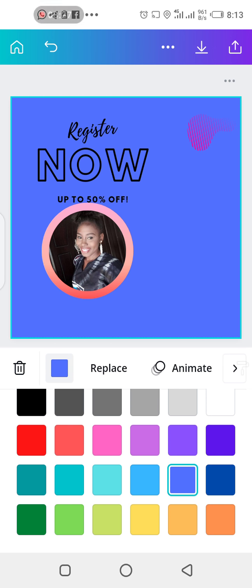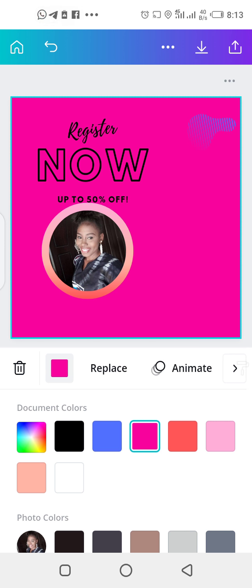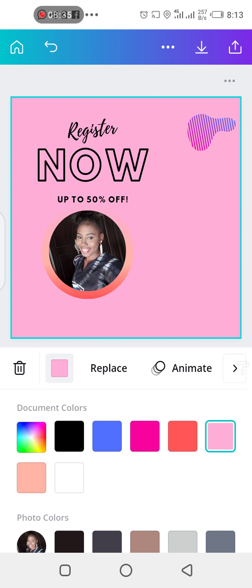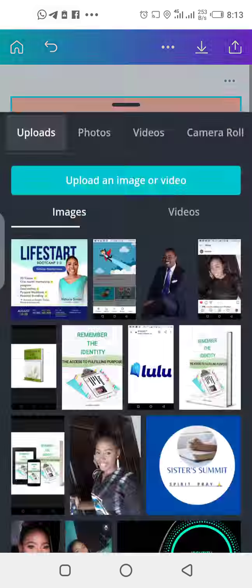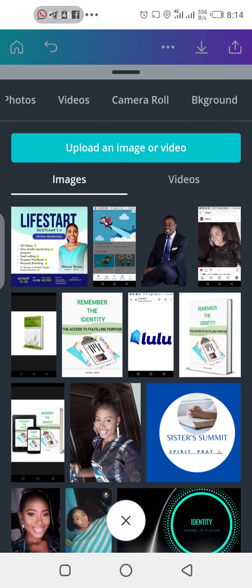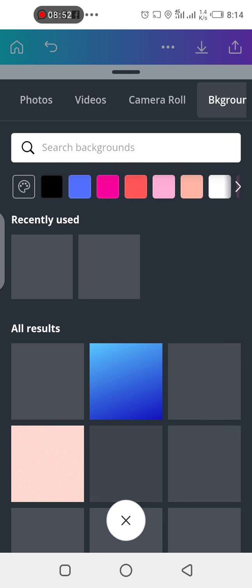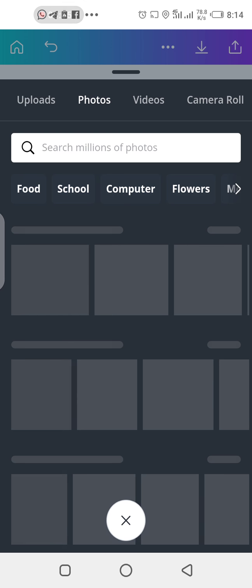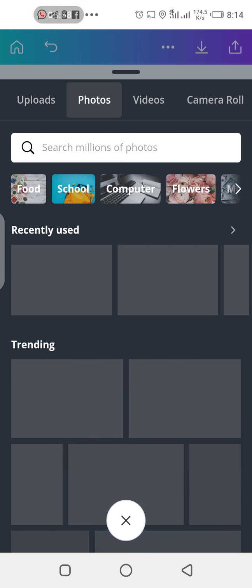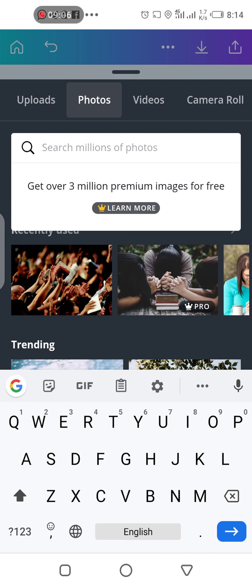Whatever color you want to use, let's say you have this color or peach color, for example, and then when you click on replace, it allows you to add any picture. So I can scroll. You see this thing that is moving here, I can decide to use photos. When I click on photos, it gives me so many options. So depending on the idea, what am I trying to let them buy? On this icon, you can just simply search for, let's say,